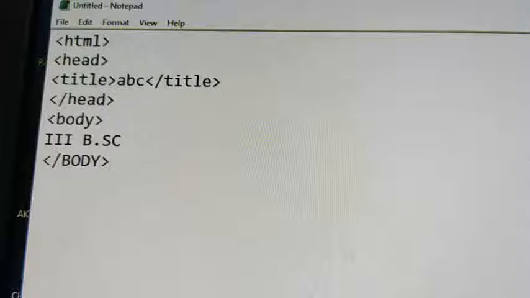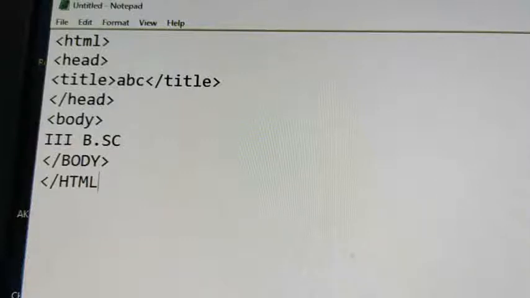This is a closing tag. As I already said, HTML is not case sensitive, meaning you can write an opening tag in one case and the closing tag in another case. After that, close the body section. Already I have closed the body section. After that, close the HTML. This is the HTML tag.